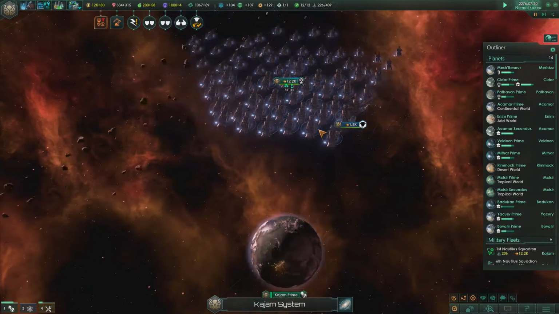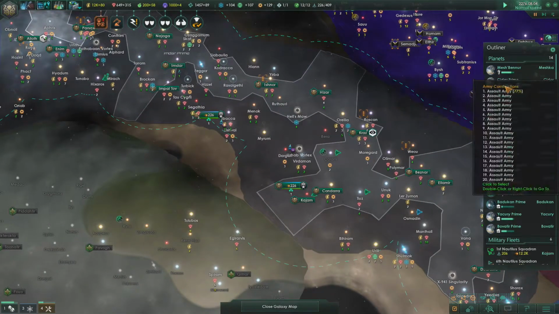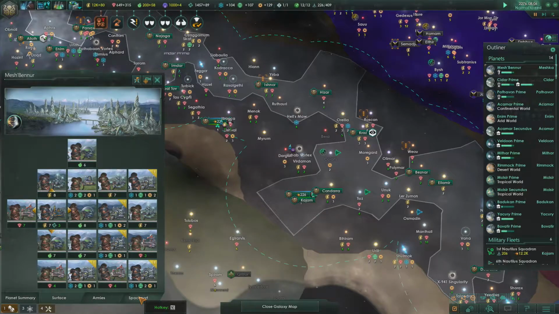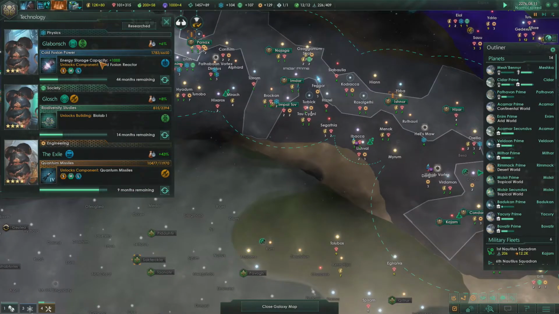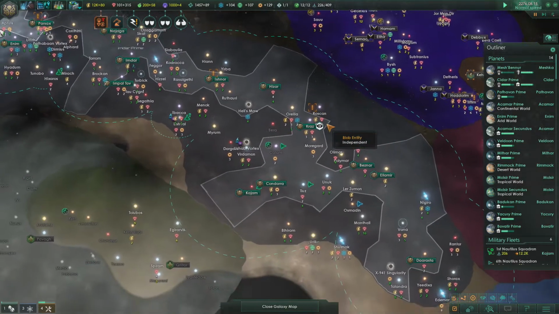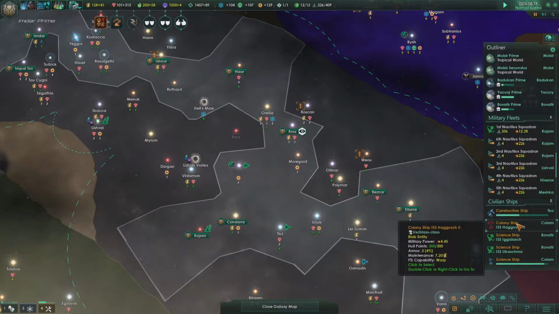So we've got a decent amount of cruisers and some destroyers there, 12k, starting to get up there, and we can just build more cruisers. Again, plenty of economy. Quantum missiles coming next. That'll be a big upgrade in my fleet power as well. And then I am sticking...